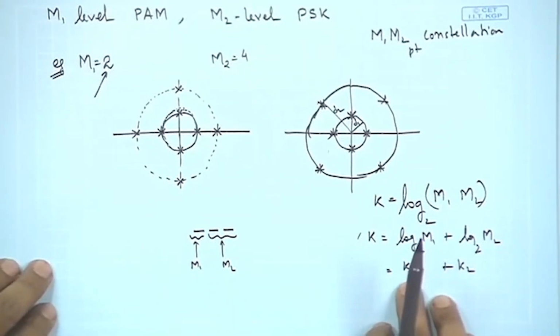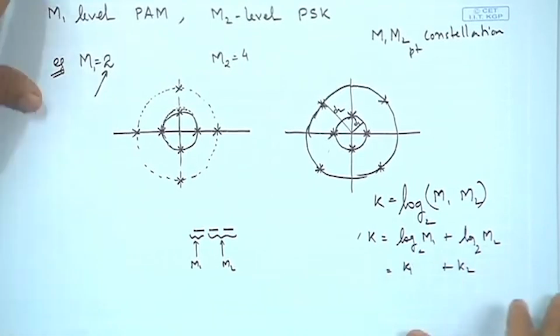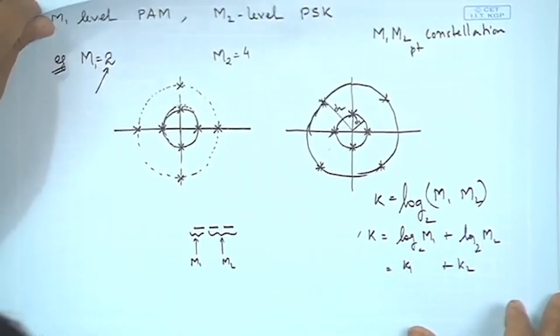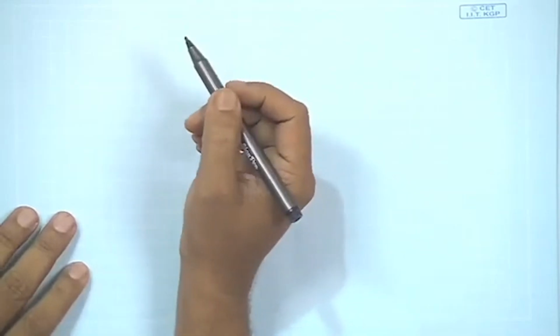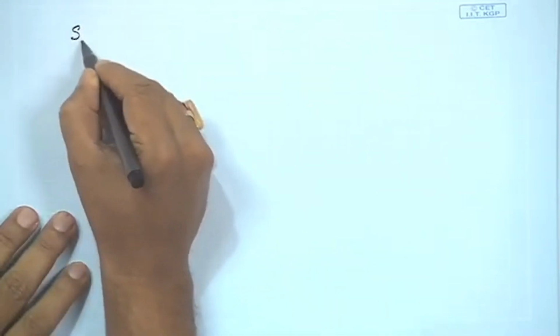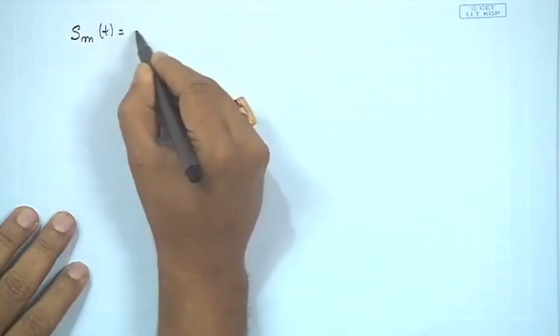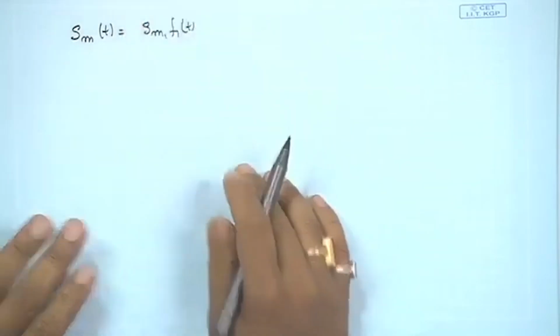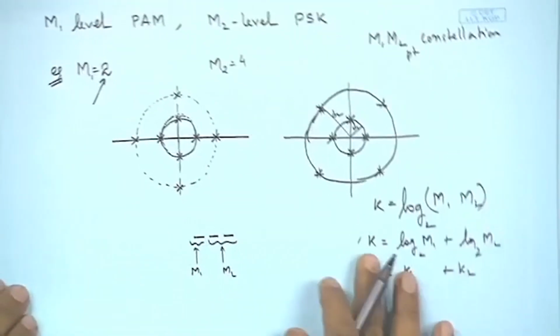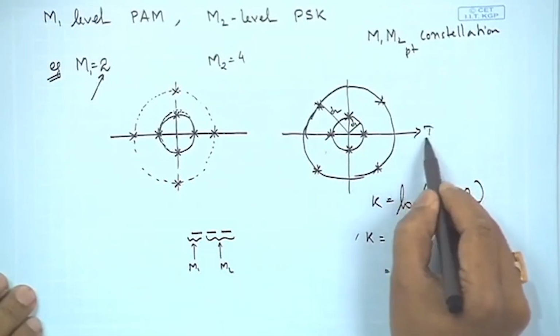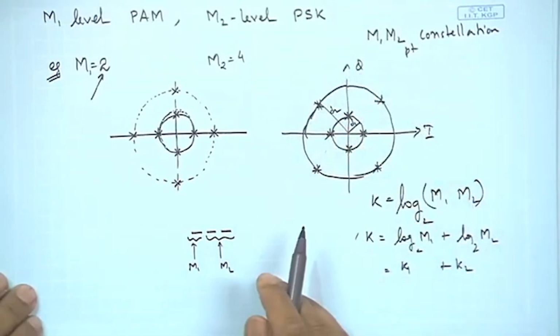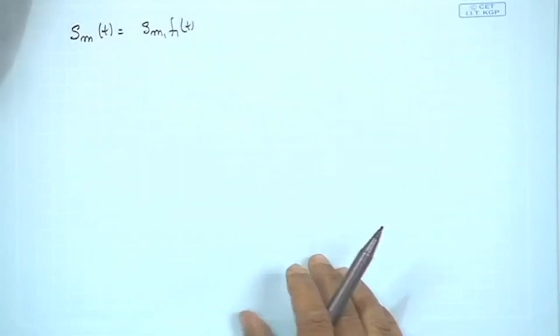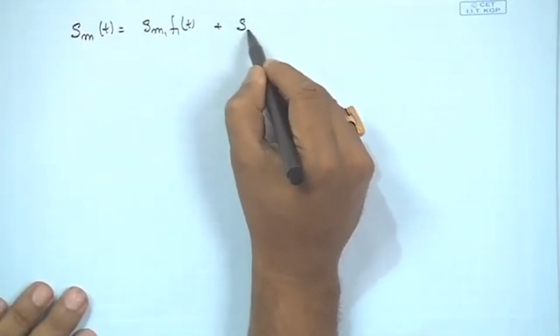All right. So, this is one way of looking at it, and now we move forward and try to look at the signal, the way we write it in terms of a vector notation. So, we could write s_m(t) as s_m1 f1(t), because clearly it is not one dimensional, it is 2 dimensional. There is an I and there is a Q. So, since it is 2 dimensional, I have 2 basis signals,